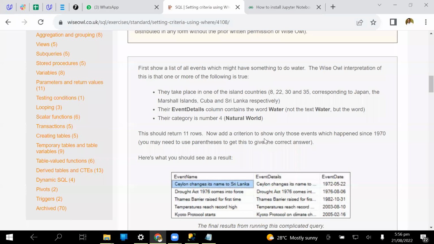Now I add a criterion to show only those events which happened since 1970. You need to use parentheses to get this to give the correct answer. So which happens since 1970. So to get events that happen since 1970, but we are not given the range of dates. So my idea of this is